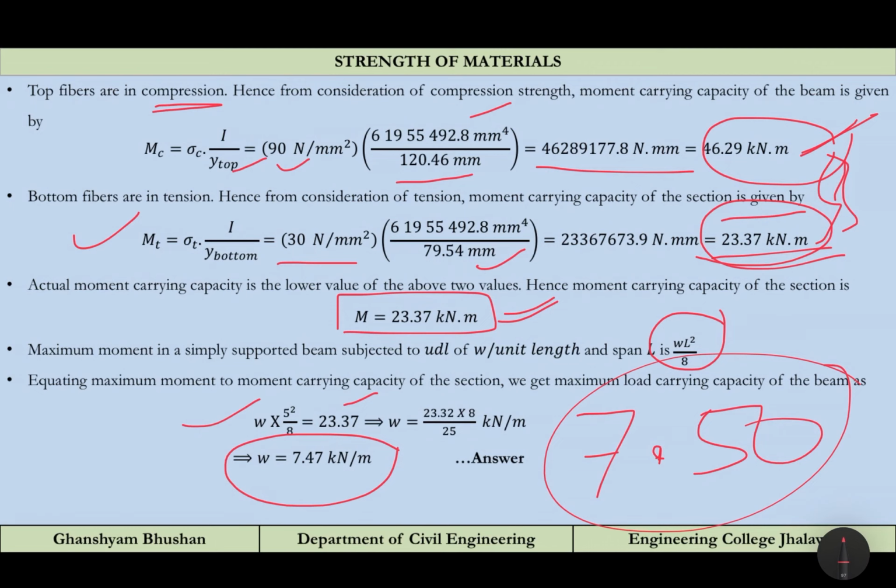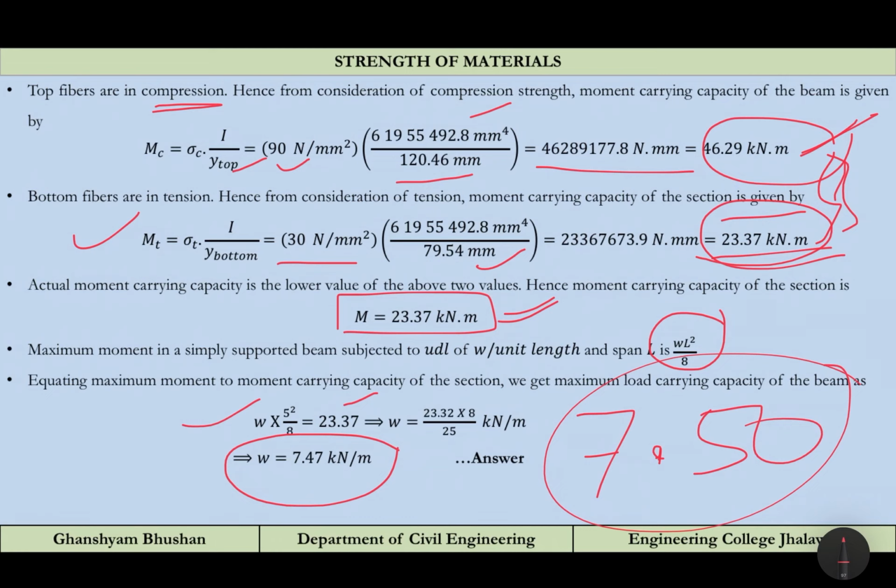So in this way you have to calculate the respective load. Up till now we have calculated the first portion for our rectangular section, and the second was a symmetrical I beam on which a plate was added, the beam was reinforced with the help of a steel plate of a different size, which was I think 240 by 10, and the symmetrical I section was 400 mm in depth, 180 mm of flange width and 8 mm of thickness. So in this way you can calculate, like we can solve n number of problems, but the concept should be clear to you.